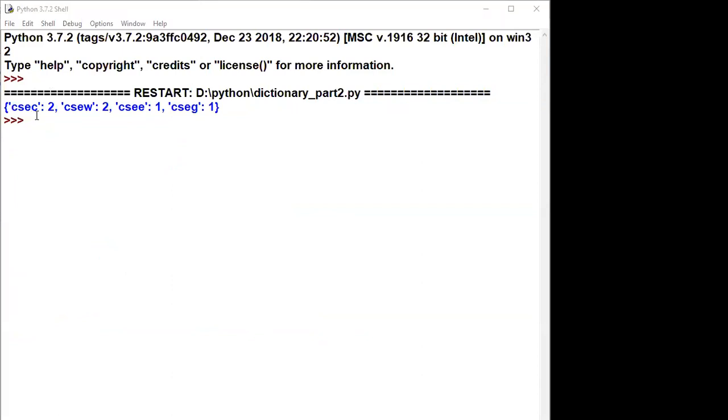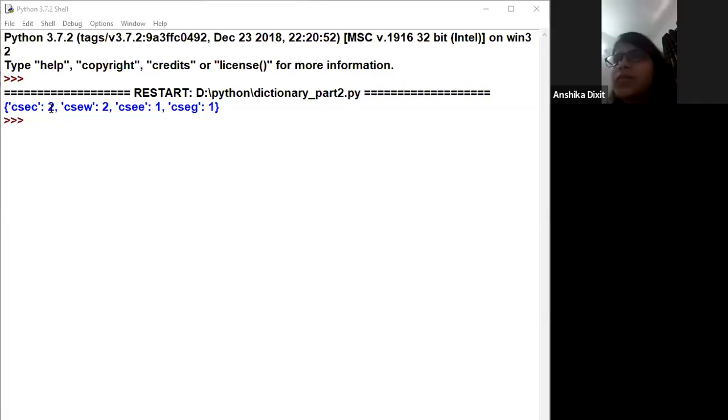See, what do you understand from the output now? Each element in the list is written into the dictionary, which was initially empty. Correspondingly, its value is also updated. Initially, when the name was written for the first time, its value was updated as 1. When the same name was encountered by the program, its value alone is incremented. Understanding this? Yes, ma'am. Shall we move on to the program now again? Yes, ma'am.